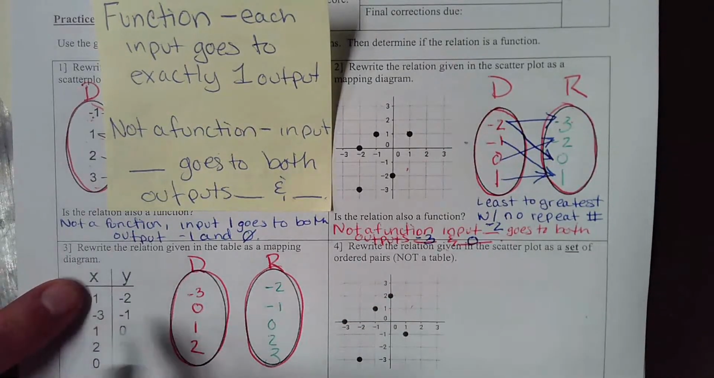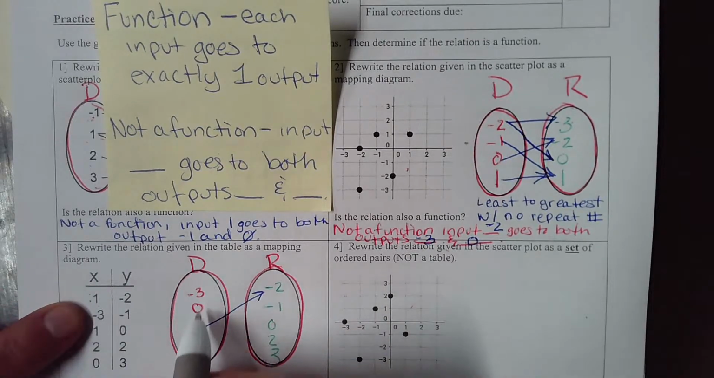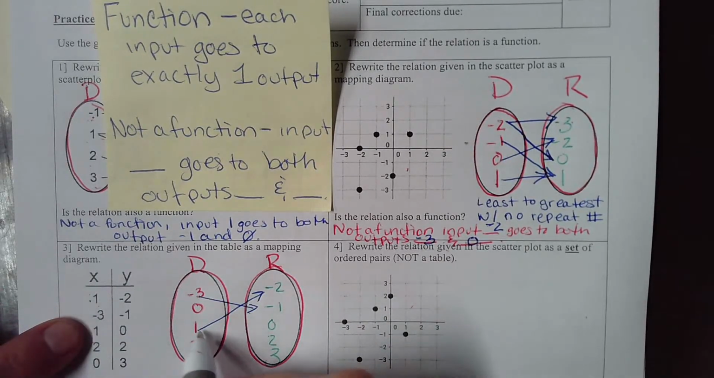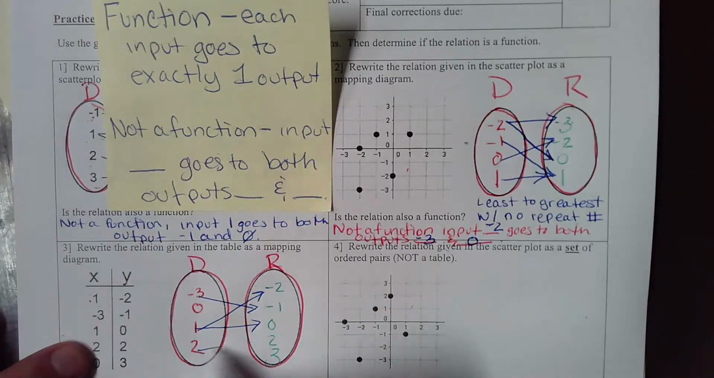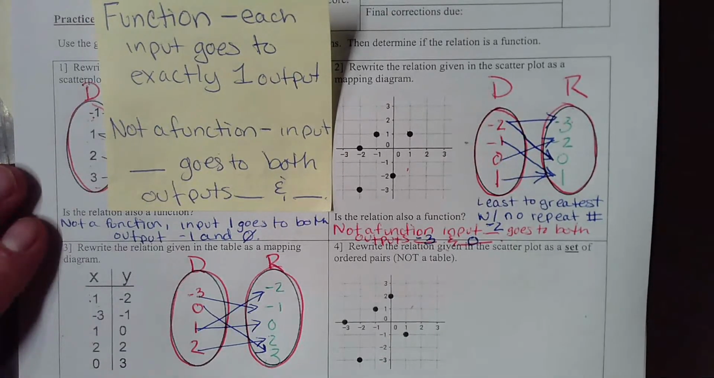And then we're going to connect that positive 1 goes to -2, -3 to -1, 1 to 0, 2 to 2, and 0 to 3. Is this a function? This is not a function. Input positive 1 goes to both output